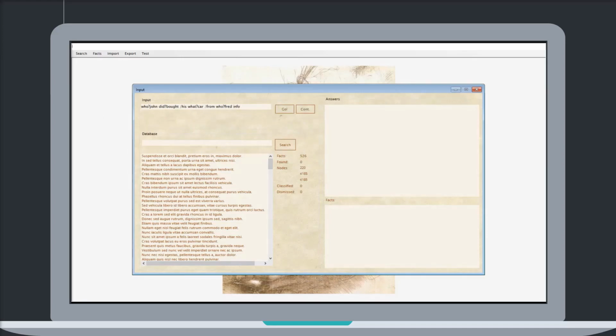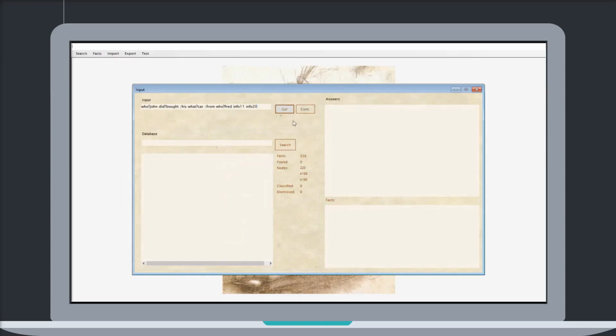So again, I am telling the system that John bought his car from Fred. And I am adding this piece of information to make sure there will be a connection with existing information, because the database we are using this time was built at random. This also shows that there was no preconditioning whatsoever. I did not control the data that was put in the database, and I have no idea of the kind of relationships I'm establishing at the moment with that data.